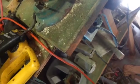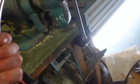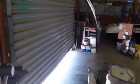So right now we're going to get the old torch out, and we're going to bend that stuff some more. Wish me luck. I got to go quite a ways. I'm going to have to come in about 30 or 40 degrees on each side. So wish me luck. Here we go. Okay, so we got the